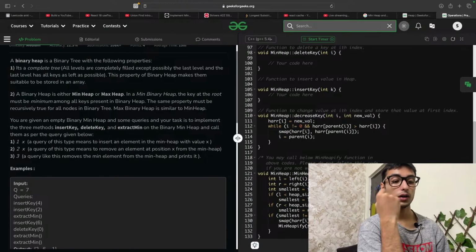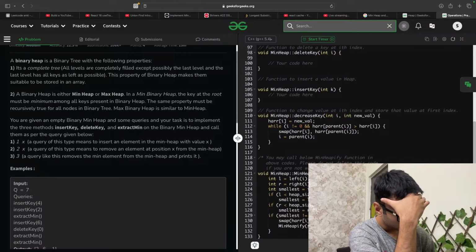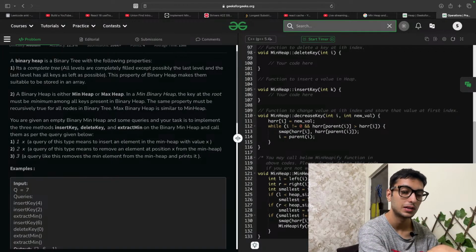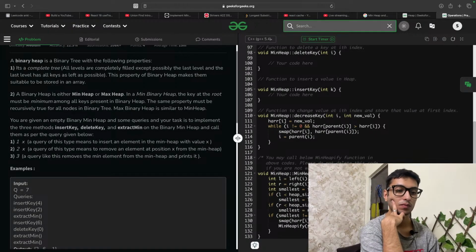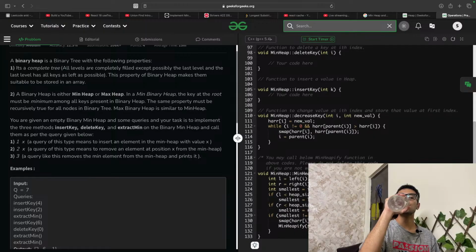Smallest equals I. If L is less than heap size and the heap at L is less than the heap at smallest, smallest equals L. If R is less than heap size and the heap at R is less than the heap at smallest, smallest equals R. If smallest is not equal to I, swap I with the smallest.